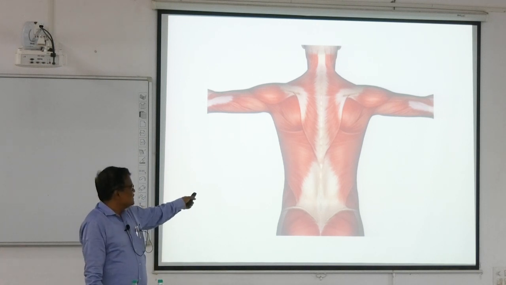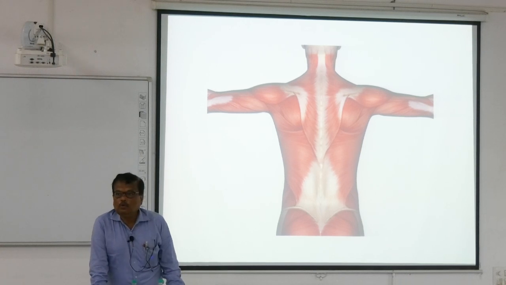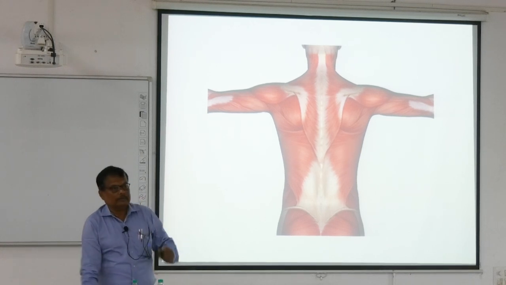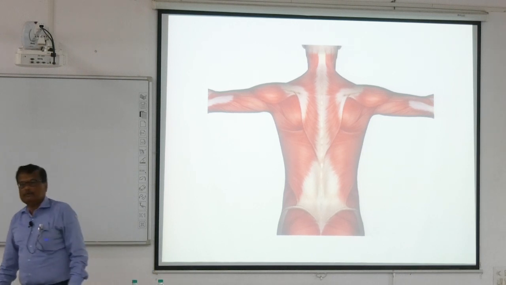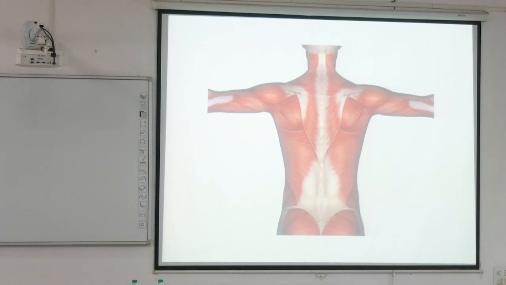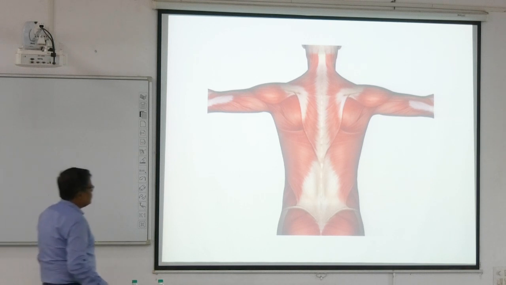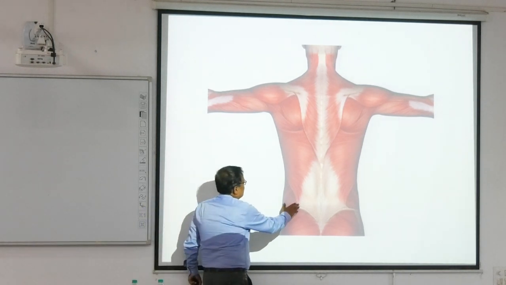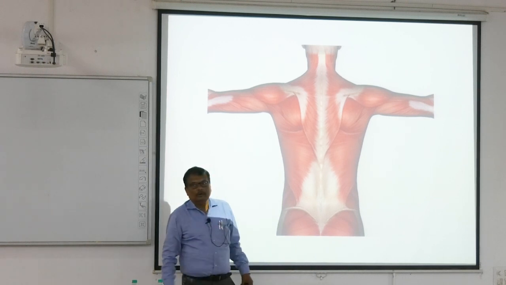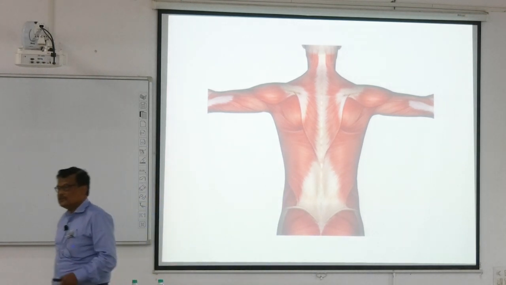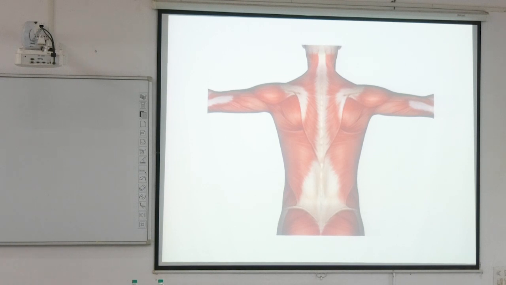The name of the fascia present here is the thoracolumbar fascia. You have to read the details. Short notes can come about the thoracolumbar fascia. Thoracolumbar fascia wraps the quadratus lumborum and psoas major muscle to form a fascia. So which is present here, look, it is known as the thoracolumbar fascia. Why am I stressing this? Because from the thoracolumbar fascia the anterior abdominal muscles take origin, internal oblique and transversus abdominis.